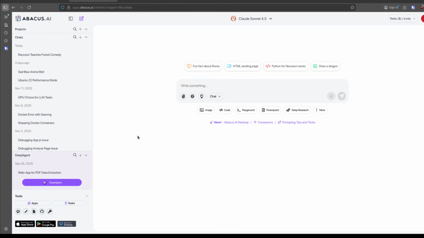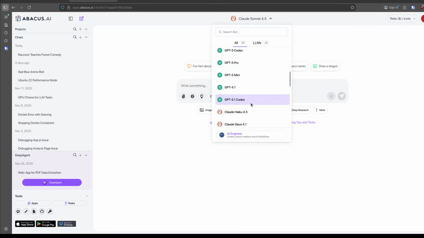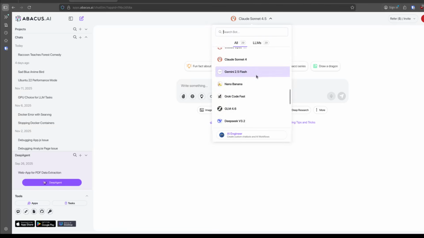In regards to the models that are available, they do a really great job keeping up with the newest models. So Gemini 3 Pro, I think, was announced yesterday, maybe the day before, and it's here. You can see we have the whole GPT series, the modern Claude series. What else is in here? Gemini Flash, that's a little older. GLM is here, DeepSeek's here, Qwen 3 Max, Kimi K2. We still have Llama in here.